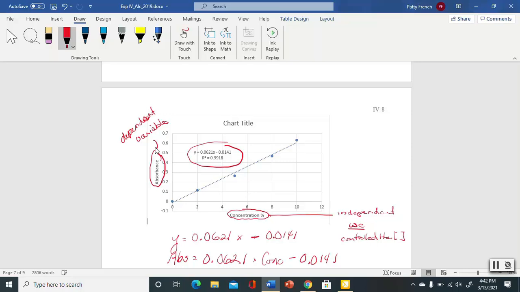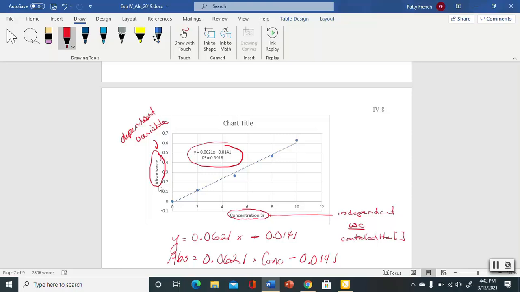It depends on the concentration and the solution that we made. So the dependent variable is absorbance, the independent variable is concentration, and we plotted the independent variable on the x-axis,